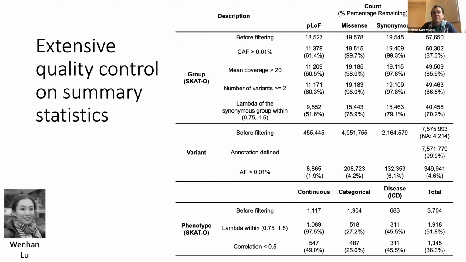As with many big data sets, if we were just to naively look at the most significant results in the genome, you'd often find lots of spurious results due to systematic errors or bugs, something along the way. This happens every time you look in an extremely large data set like this. So we devised several quality control criteria on variants, genes, phenotypes, and summary statistics to filter our data set to the highest quality set of summary statistics, which included about 40,000 group tests, so including LOF, missense, and synonymous tests, as well as a set of about 1,300 independent high-quality phenotypes.